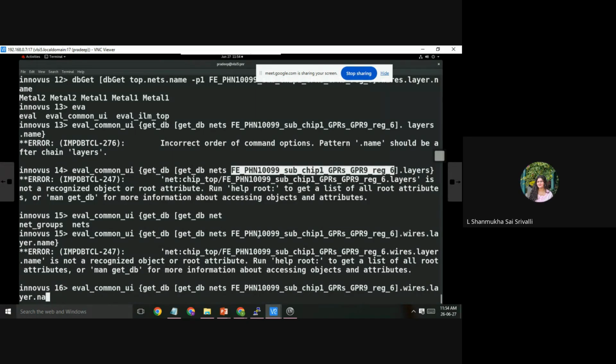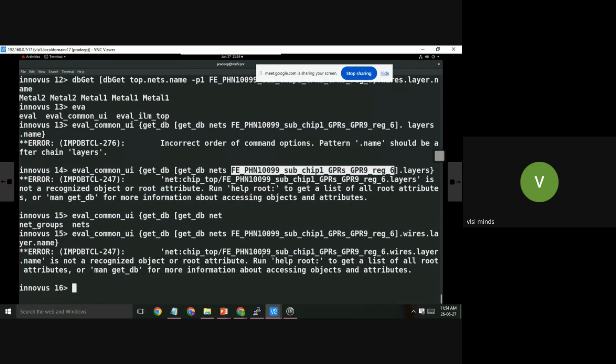Sir, you may not have given hyphen P1. That is not required in this. In this, it is not required. It is Stylus, some difference is there. I'll get back to you on that after this. So this is a Stylus command, right? I am using eval common UI, which means I am using a Stylus command in legacy mode.